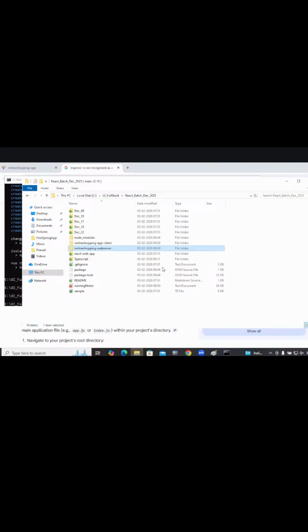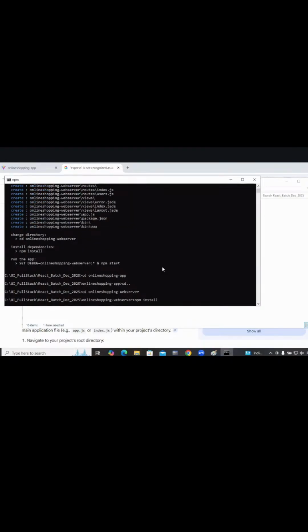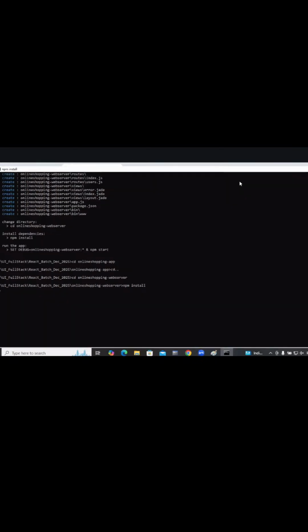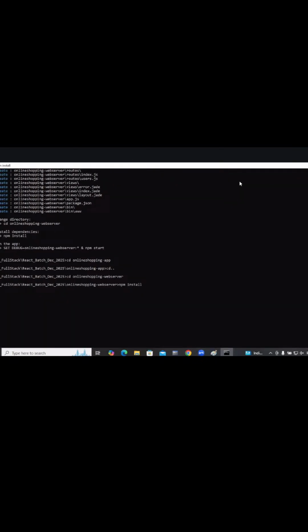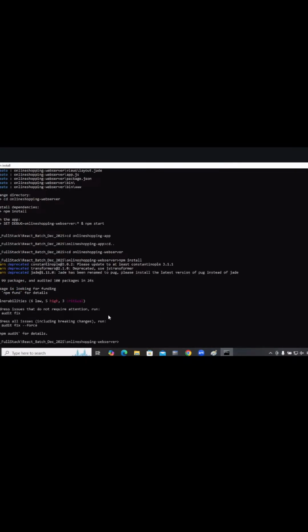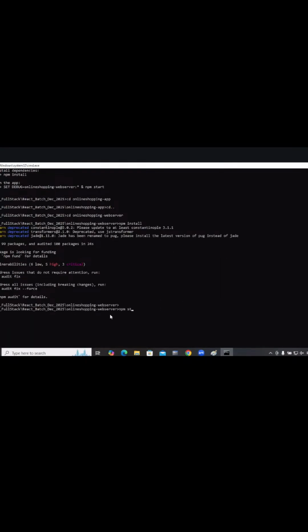Now the first step we need to do is npm install, so that it will install all the dependencies. And after this, okay, now I say npm start.